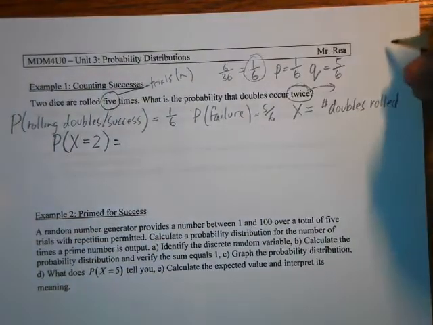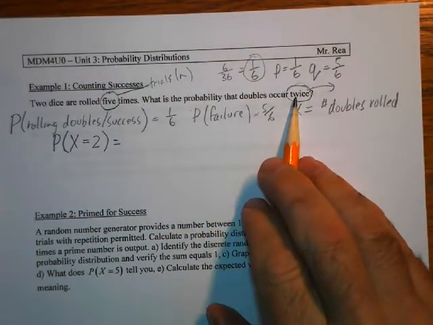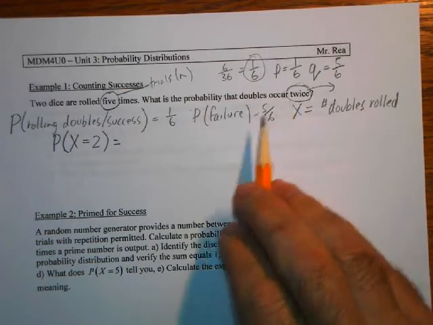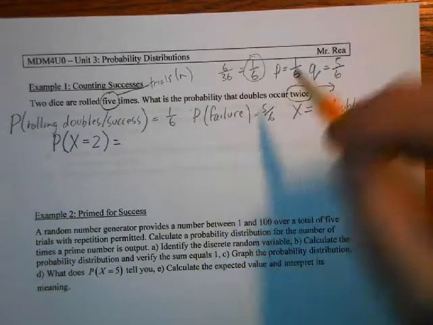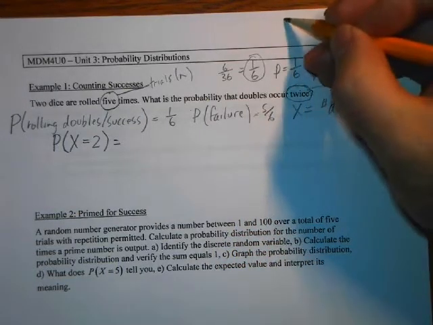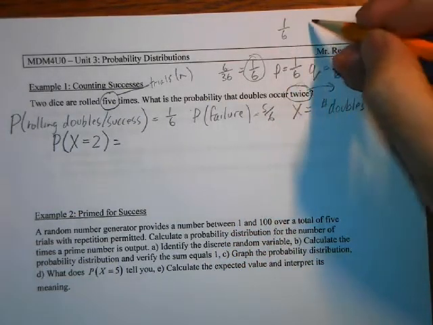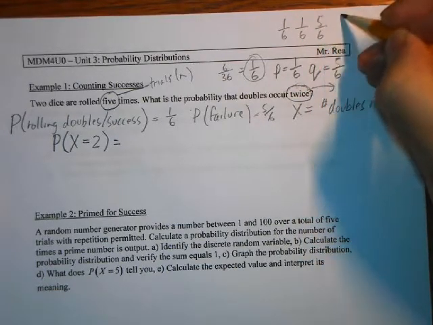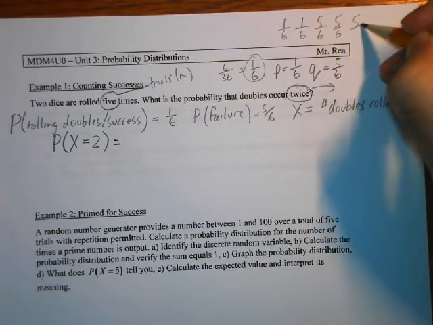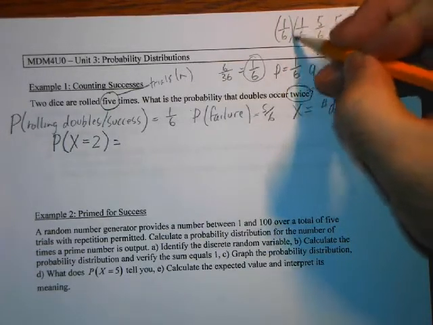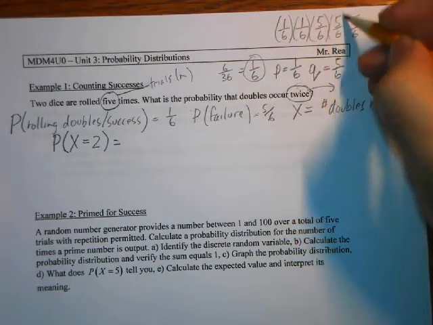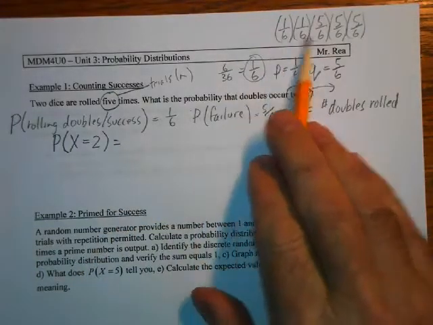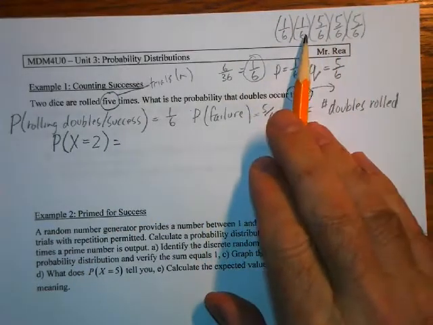Just as a side note here, if you roll doubles twice, that means you don't roll doubles 3 times. So if I just look at the probabilities of those 5 rolls, well, twice I'm going to have 1/6 as my probability, and 3 times I'm going to have 5/6. And because this is the AND situation, we're going to be multiplying. So you would think, okay, I could write that out and just multiply these all together, and that would be my answer. But